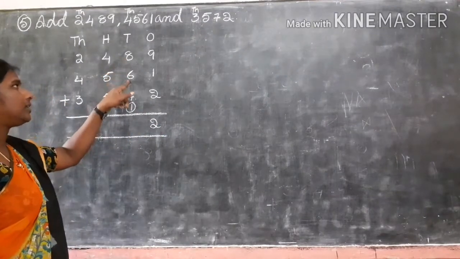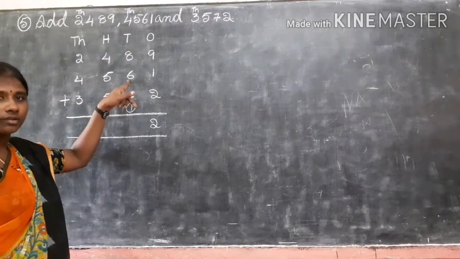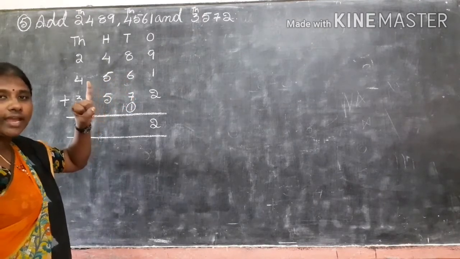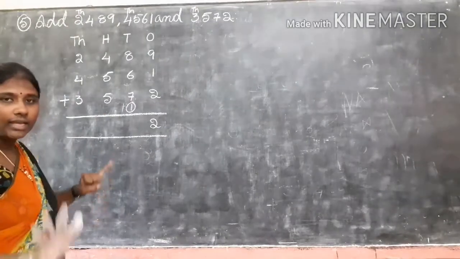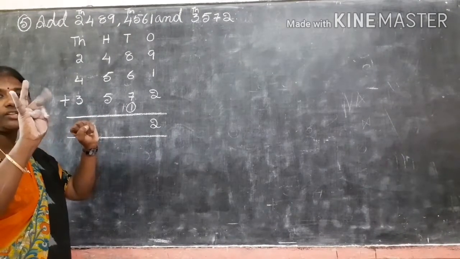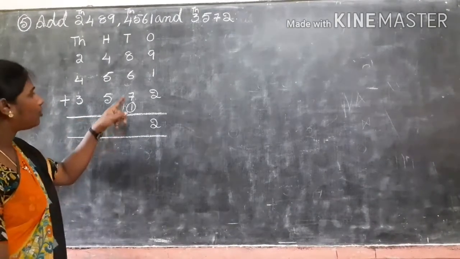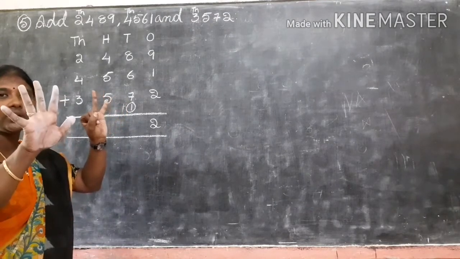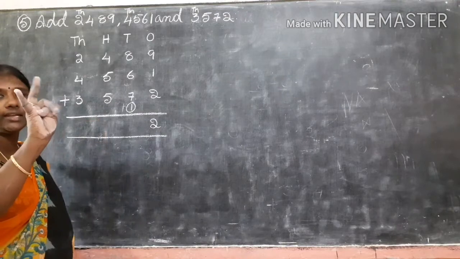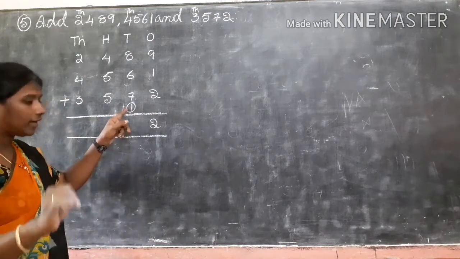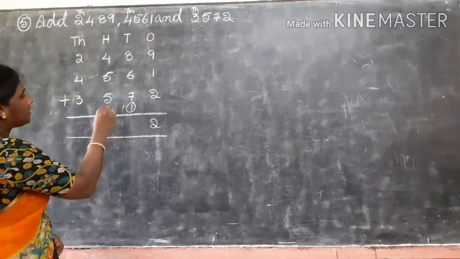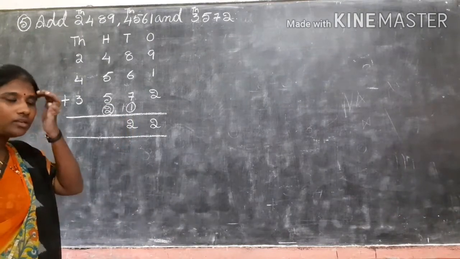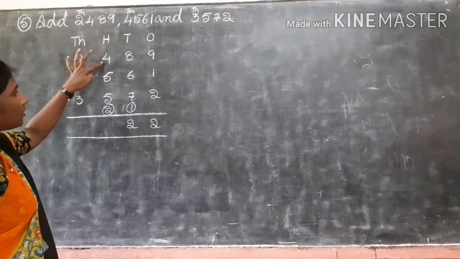Next, 8 plus 6. Okay, now 8 plus 6 how much? Take 6 fingers, 8 after 9, 10, 11, 12, 13, 14. 14, keep it in your mind. Next number 7. Take 7 fingers. 14 after 15, 16, 17, 18, 19, 20, 21. 21 plus 1? Yes, 22. Next 4.